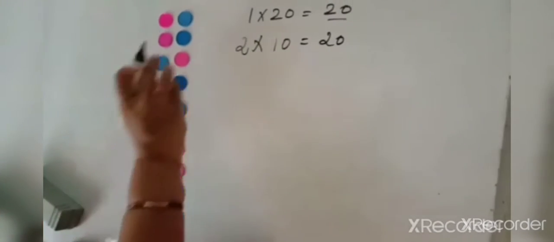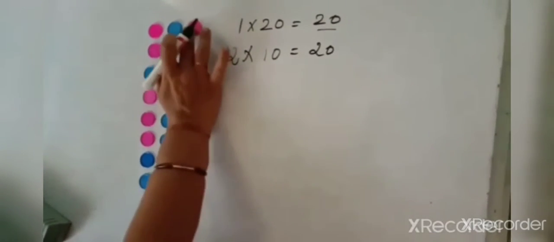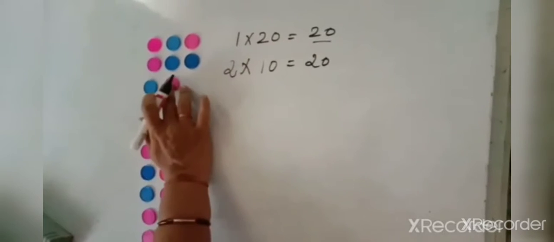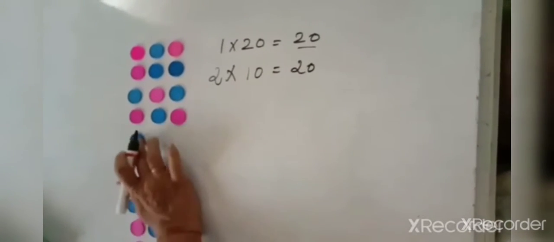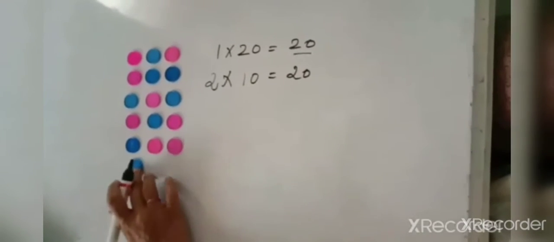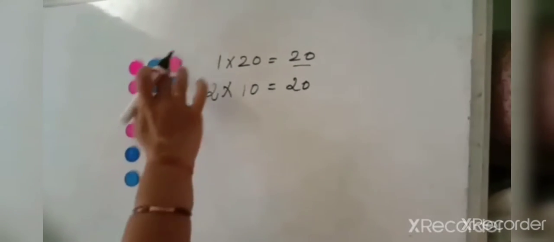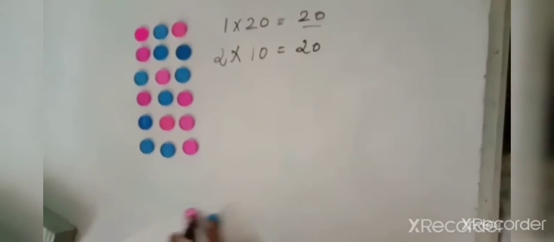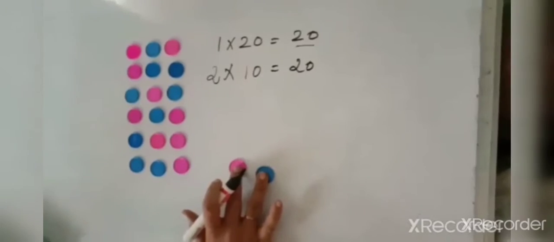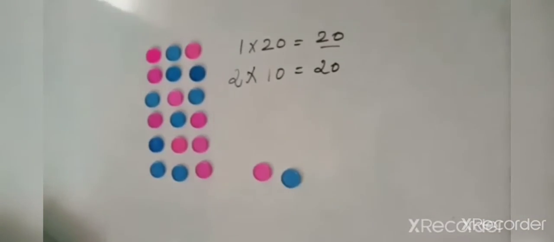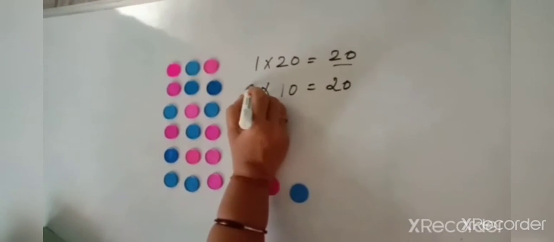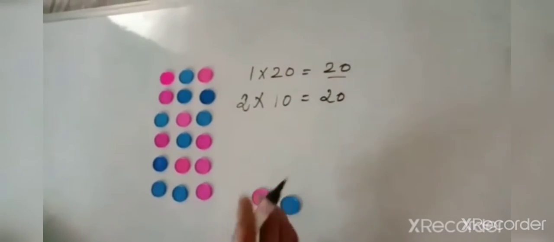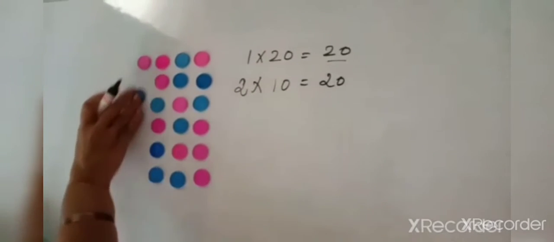Now the same coins, if we arrange 3 coins in each row, I'll be getting 1, 2, 3, 4, 5, 6 rows. That means 6 3s are 18 and 2 coins left. That means the number 20 is not completely divisible by 3. Correct? Now the same thing, if I arrange 4 coins